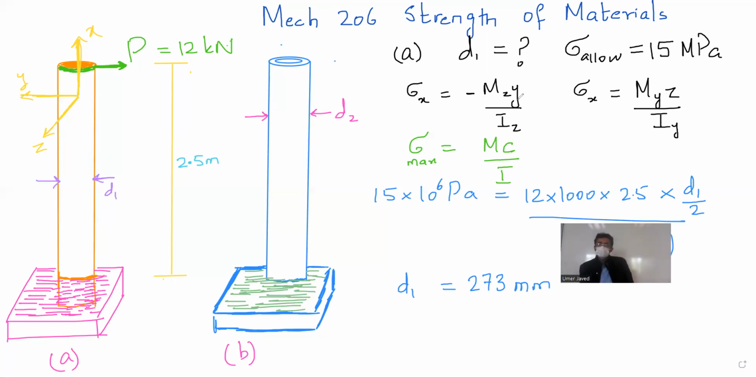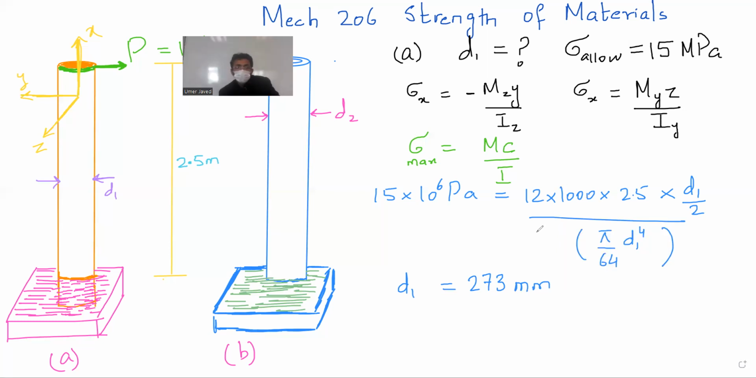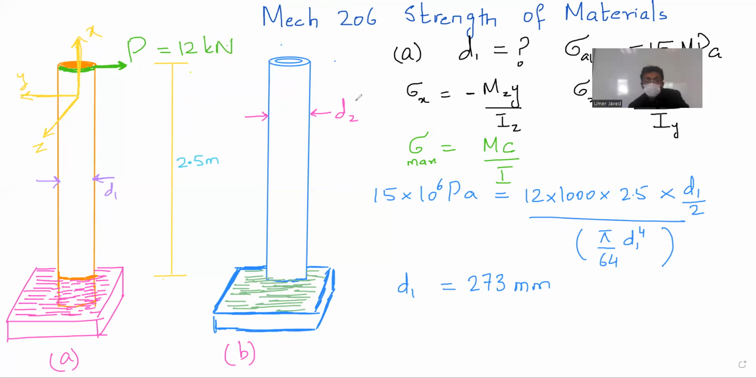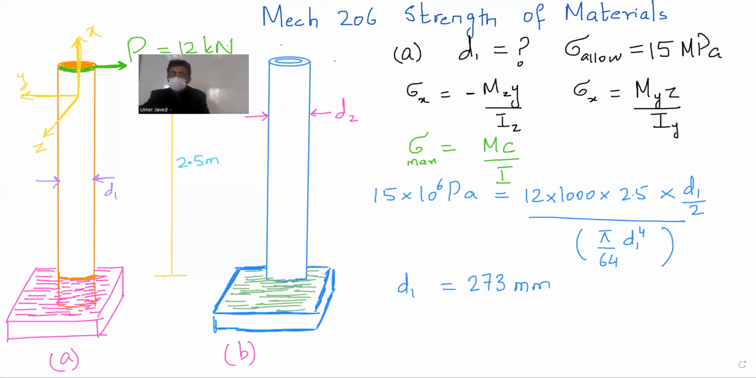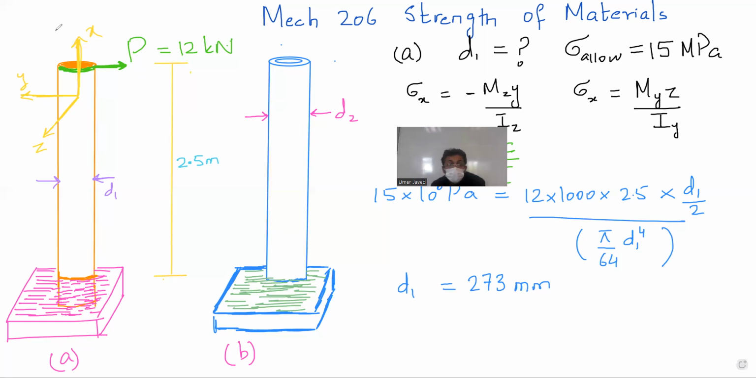Okay, everyone will do it, right? Now do part B. Part B says, what is the minimum required outer diameter D2 of the aluminum tube if its wall thickness